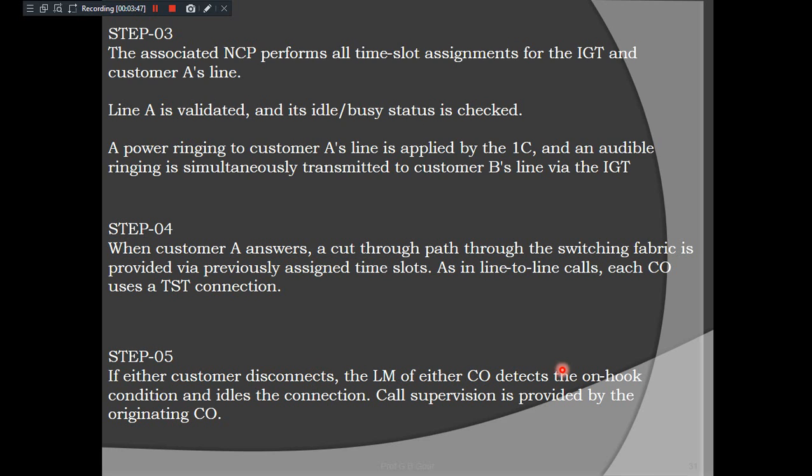The LM of either CO detects the on-off condition and alerts the connection, and call supervisory is provided by the originating CO, meaning the CO of whoever is making the call request.